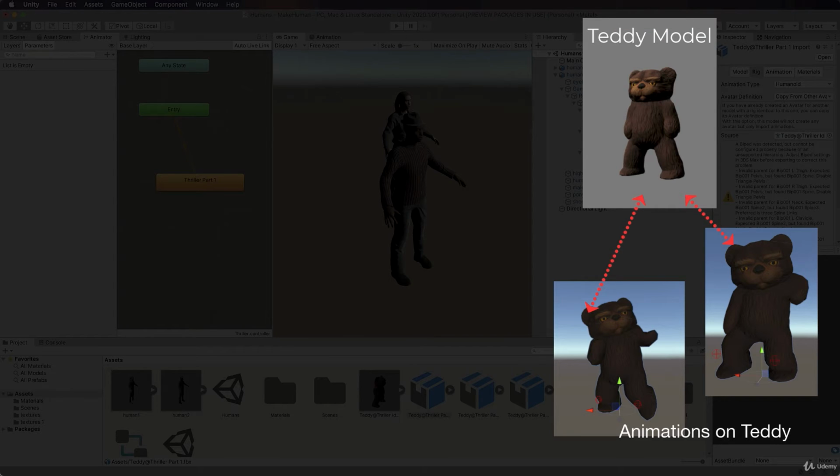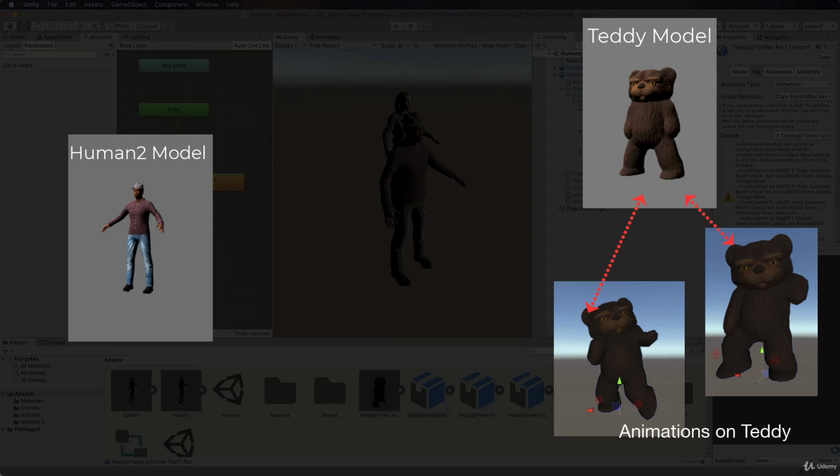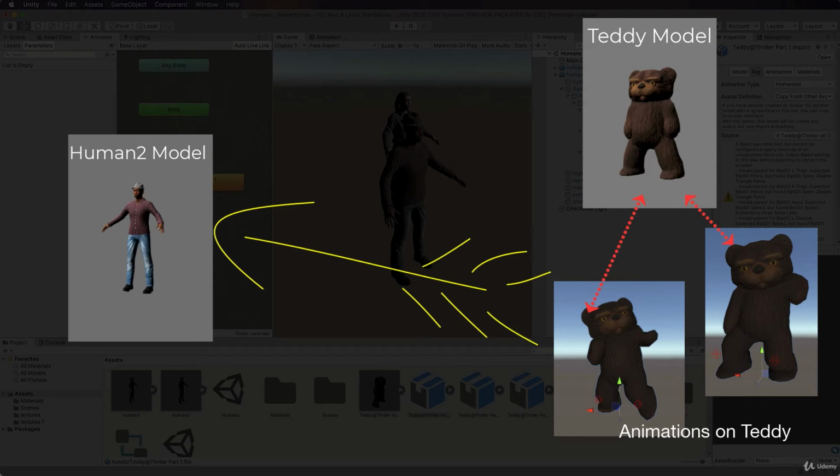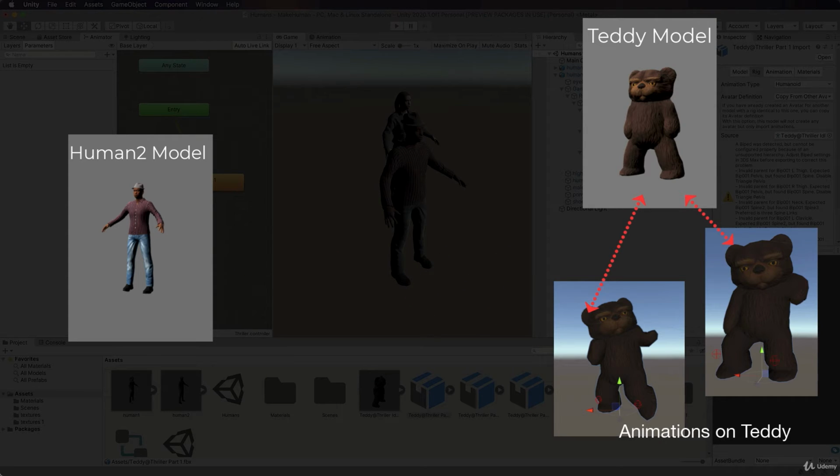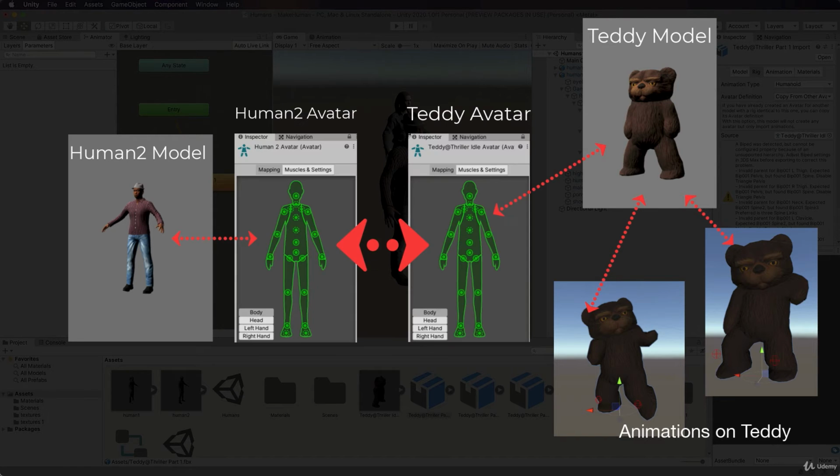So what we've basically got is a Teddy model with animations, and this Human 2 model that we created. We want to get the animations that are on Teddy and made for Teddy to go on Human 2. Now, the bones in Human 2 are probably named something completely different to what the bones of Teddy are named. And so we can create these mappings from Teddy to Human 2 via their avatar, and it's the